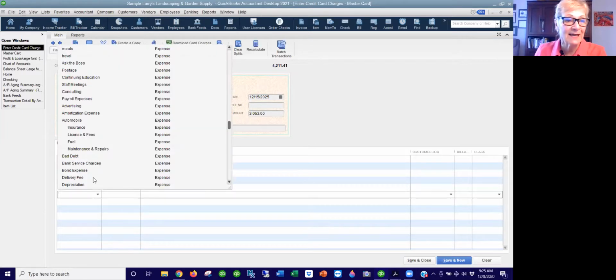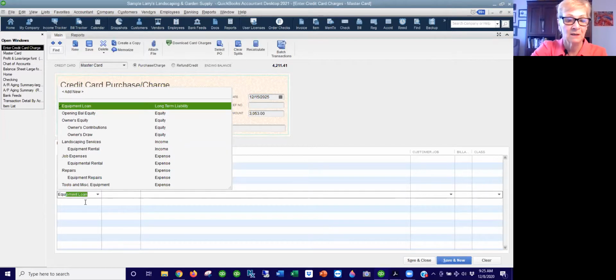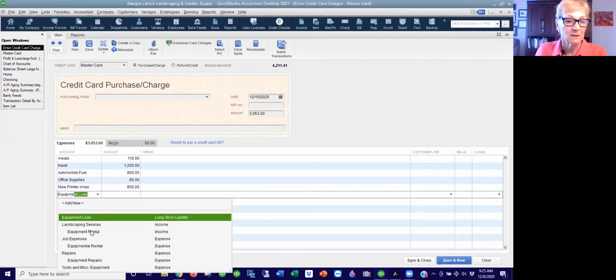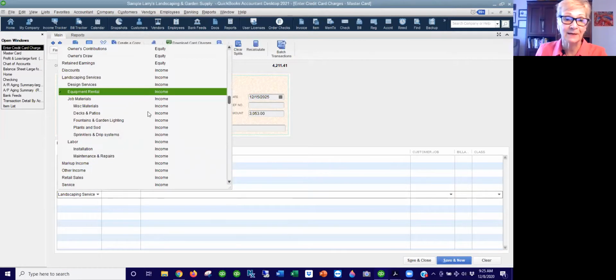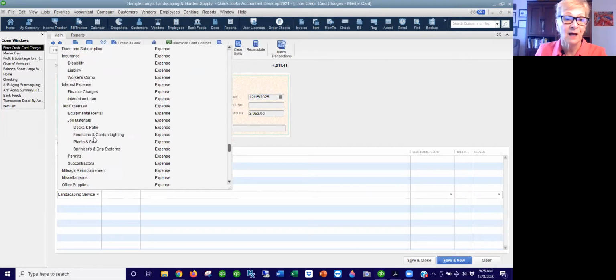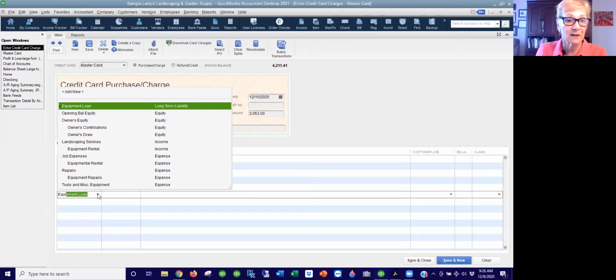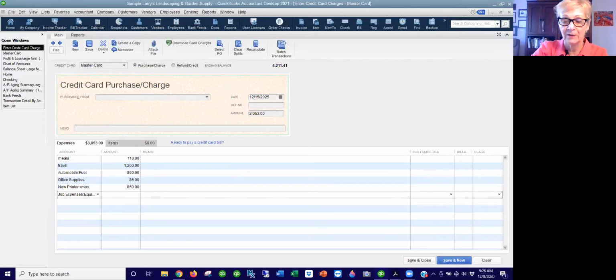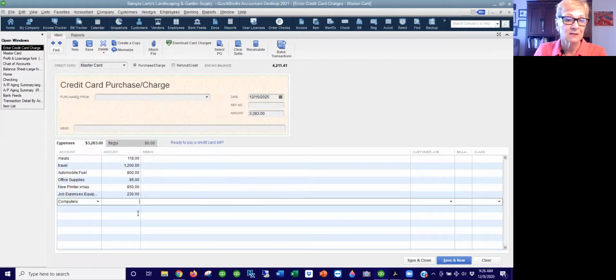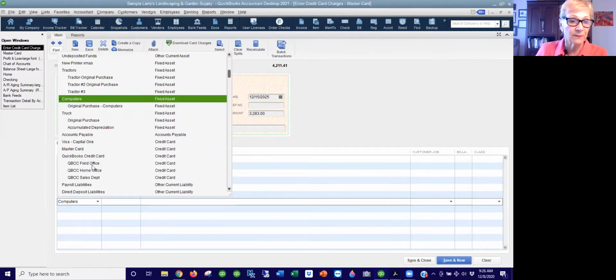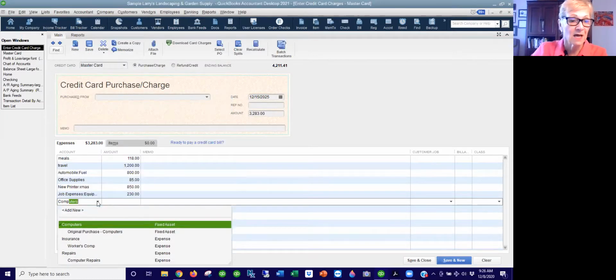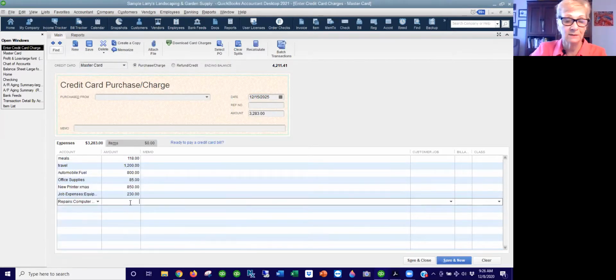And then let's say we had some equipment rental. Yep, and I want to make sure you saw that I grabbed it and put it to income. I actually want it to be equipment rental. Let me use my typing ability there. Equipment rental expense. There we are, 230, and computers. And I was thinking about computers in the sense of repairs. There we go. And that was